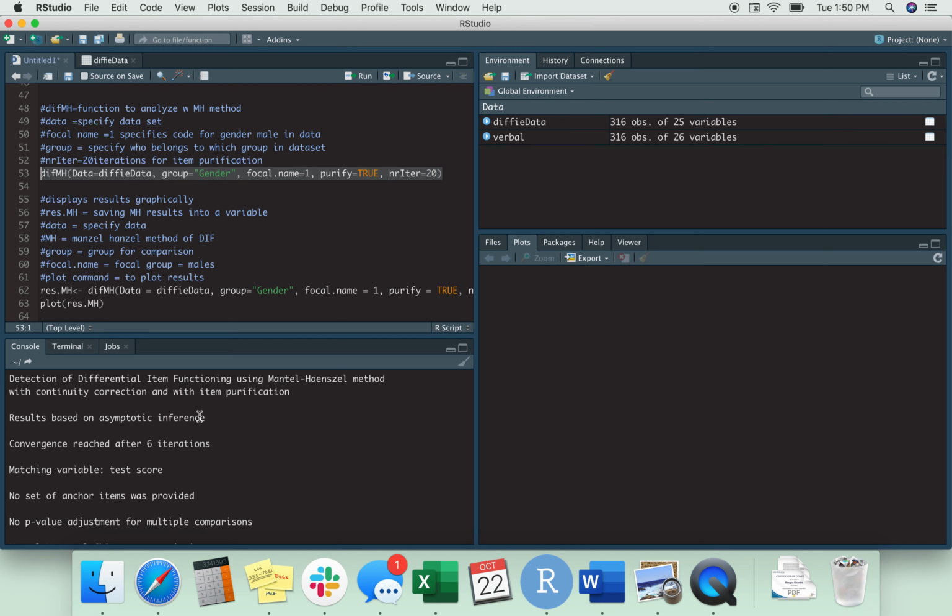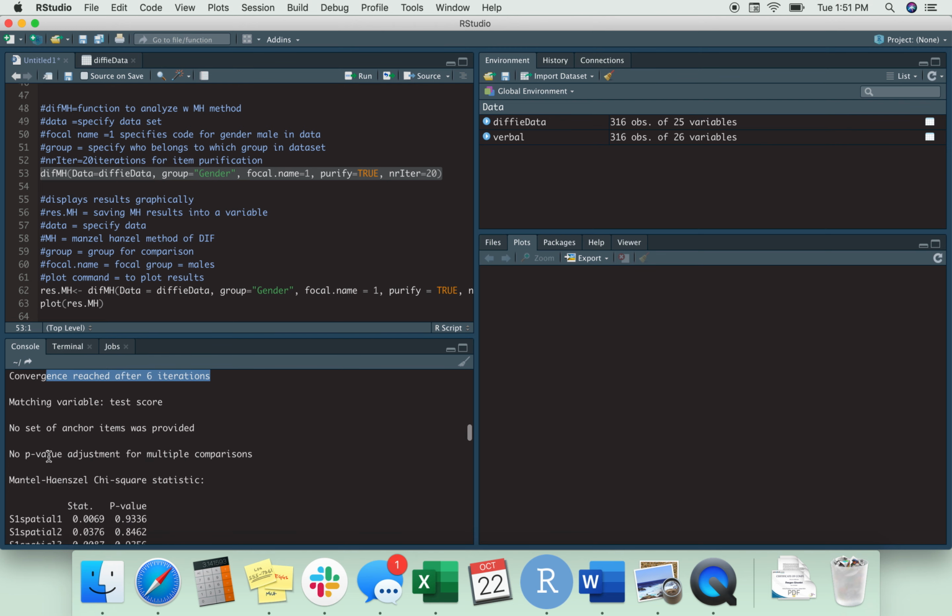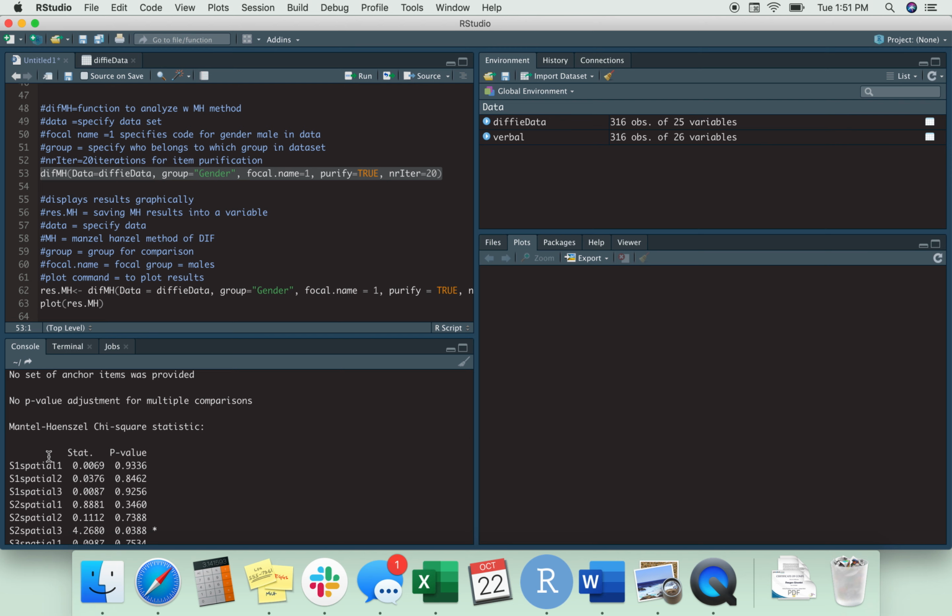The first sentence of the output tells us that the MH method is the one being used. It then tells us that after 6 iterations, there was a convergence. So this is where the purification process stops, and that's when there are only slight changes in the successive iterations. So between 6 and 7, there wasn't much change, for example. So it stopped there. The chi-square statistics table